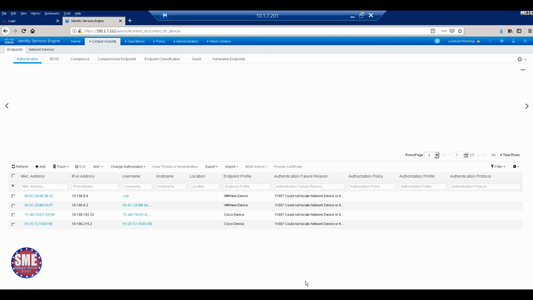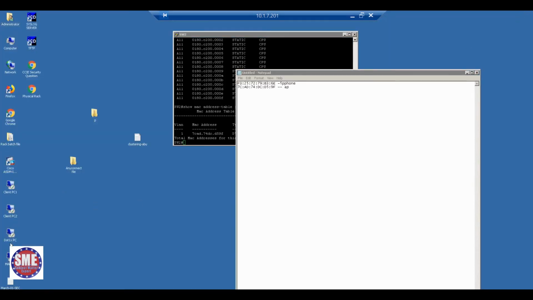Now map PC. Map PC, I'm recommending go to the PC and collect it. Or you can verify there. Map PC, connect it.